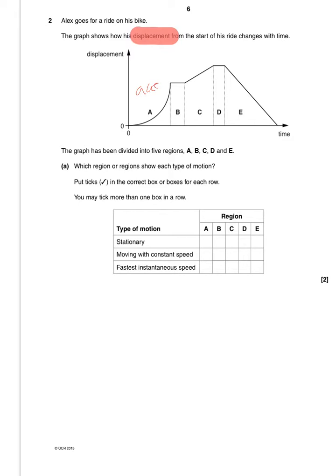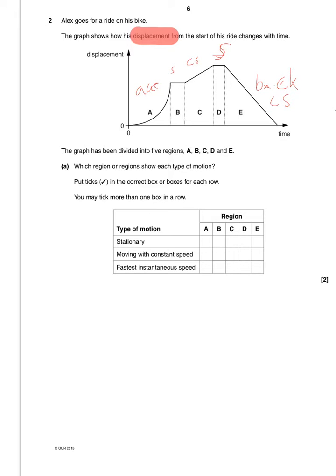Then we've got a point where there's no displacement, so stationary, and then we've got a constant speed. Okay, again moving away, again goes stationary, and then we're going backwards, again at a constant speed. Okay,